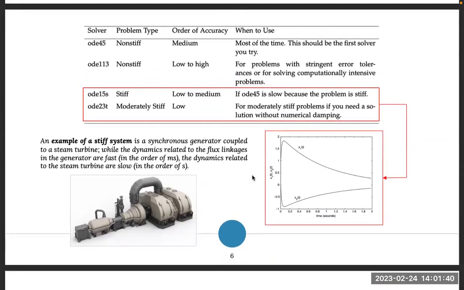So, as I said, for stiff systems, when we have fast and slow dynamics, we would like to use ode15s or ode23t. And that would be some example, kind of similar to this one, for a stiff system. And as I said, you can have an example for a linear system where you can get the eigenvalues, and so you would know how this thing is going to evolve in the phase